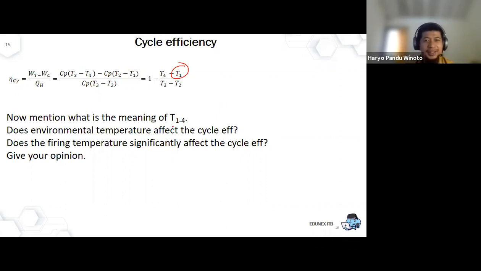At Bandung, what is T1? Maybe at night it is 18 degrees centigrade, and in the day maybe 30. Any of you who attended ITB before COVID would know this. But in Sumatra, T1 is never less than 35 degrees centigrade.